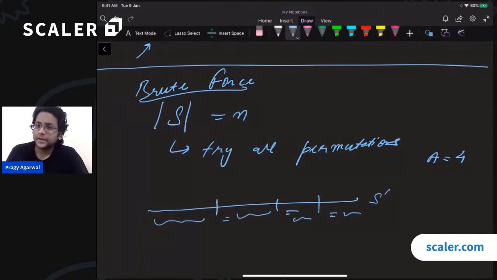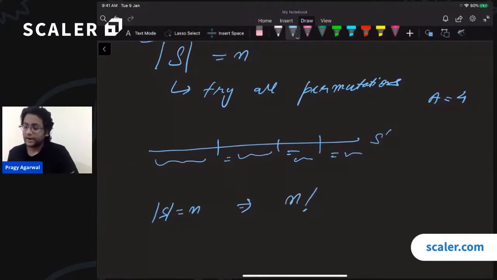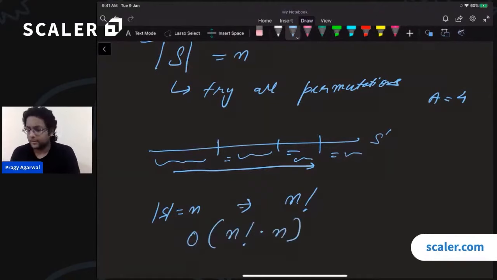What will be the time complexity of this approach? First of all, how many permutations do we have to check through in the worst case? If the length of the string is n, then the number of permutations will be n factorial. Given a particular permutation, we also have to check whether it satisfies this property, which takes an extra order of n time per permutation. So the total time complexity will be order of n factorial times n, which is pretty bad, but at least